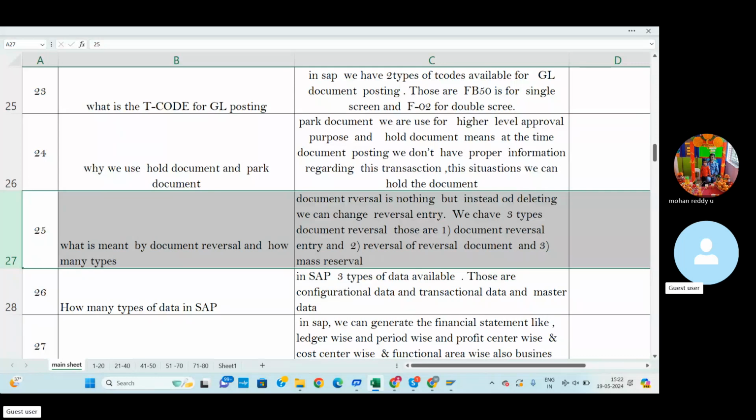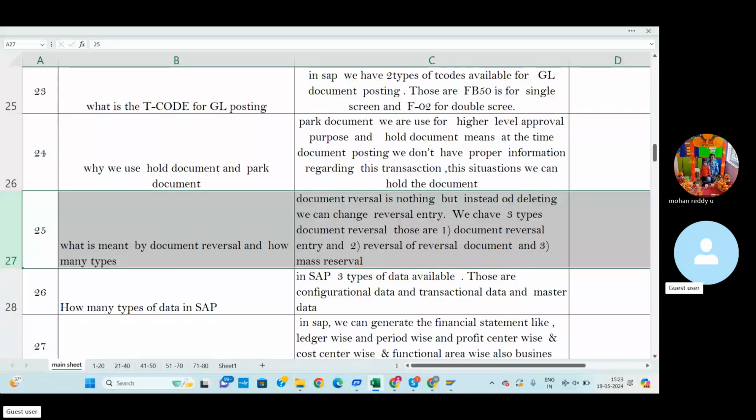Compared to other ERPs like Tally and Oracle, which have a deleting option, if the end user posts an entry wrongly, like a customer invoice, vendor invoice, or expenditure related document, in SAP we don't have the option to delete the particular wrong entry.